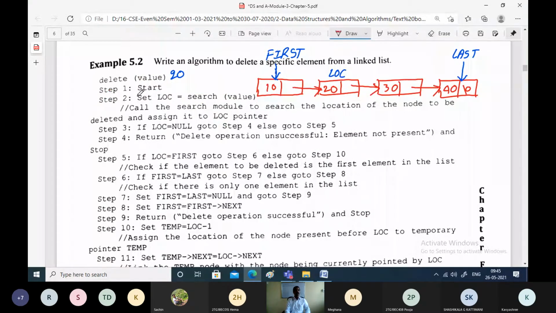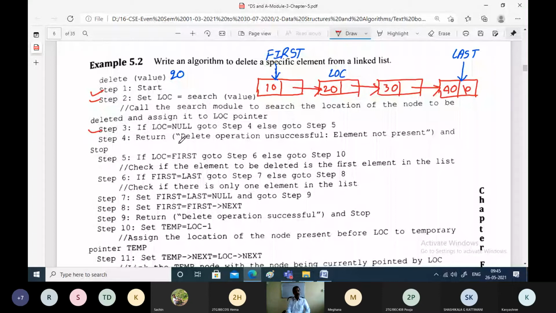Now the next step: it is possible that the location can be empty. Empty indicates there are no nodes. It is possible the linked list is empty, but still you are trying to delete elements. That case also we have to validate.